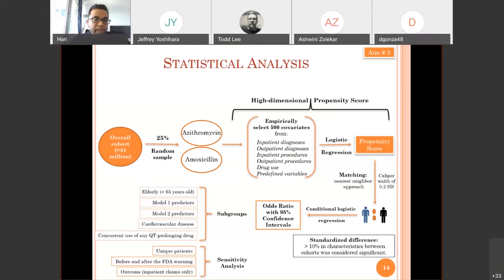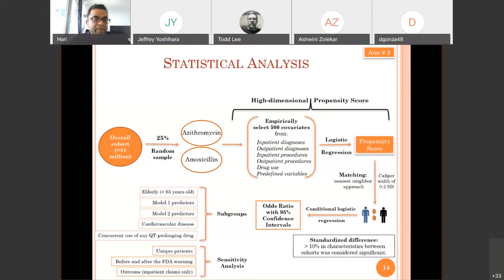So these were the subgroups we looked at. In terms of sensitivity analysis, like I said, some people agree with using the method of looking at episodes, which is what previous studies had done, and some people prefer to use a new user design. Again, to alleviate this concern, we restrict our analysis just to unique patients. So this is mimicking a new user design, patients being treated with either one of these therapies for the first time. We focused the analysis on there to see if there was a change in our baseline results.